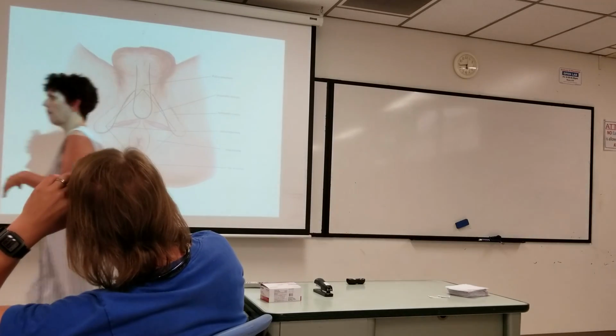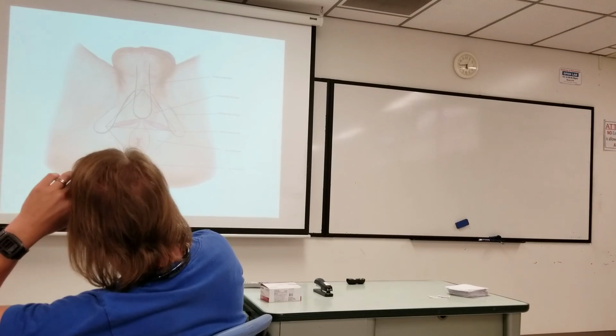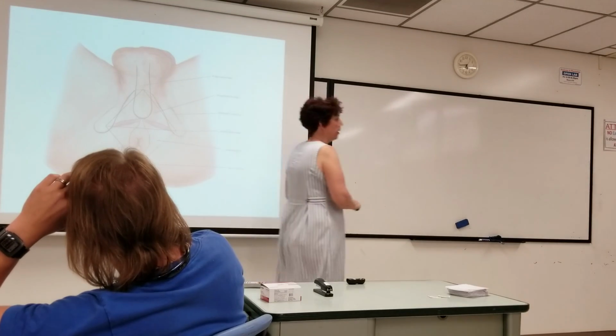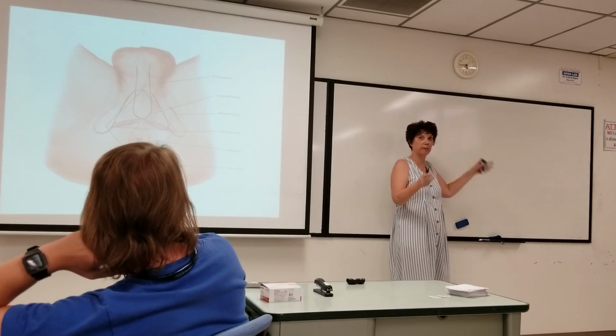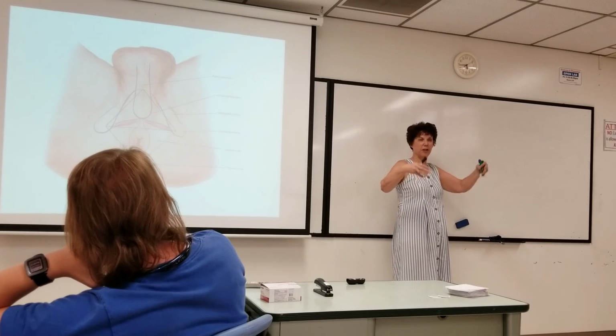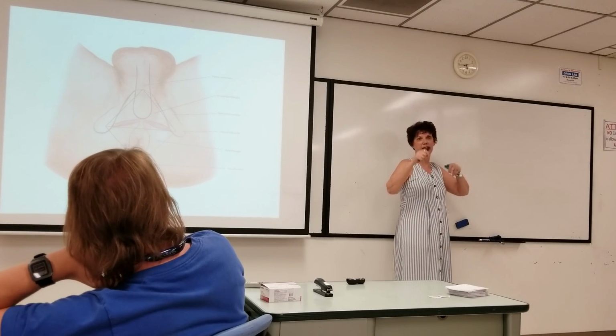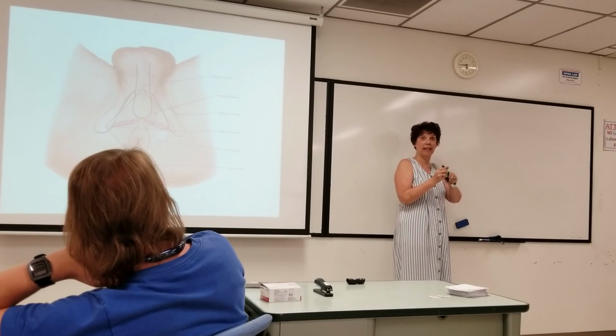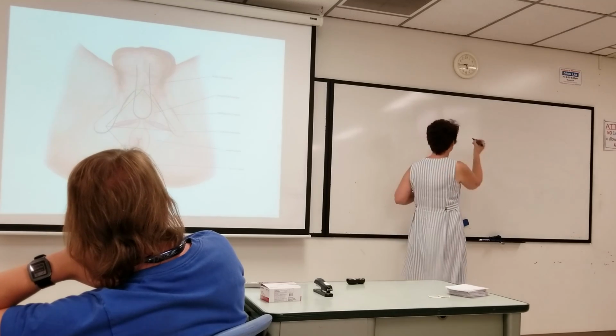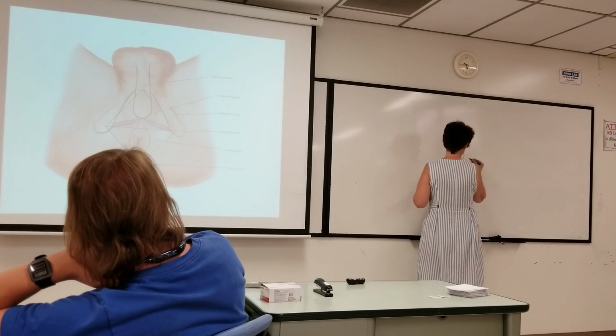So I'm going to diagram this on the board. I'm going to put in some components I'm going to erase because I'm going to cover up with erectile tissue, so you might want to wait unless you have a good eraser, because I'm going to draw it and then immediately erase it, okay? So here we have the pubic symphysis,